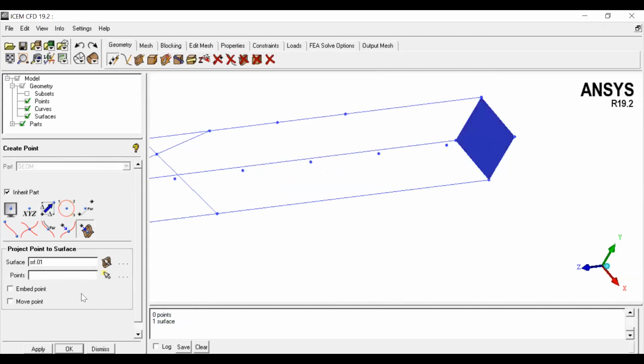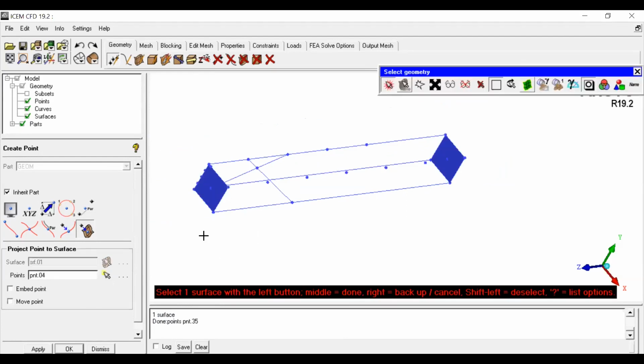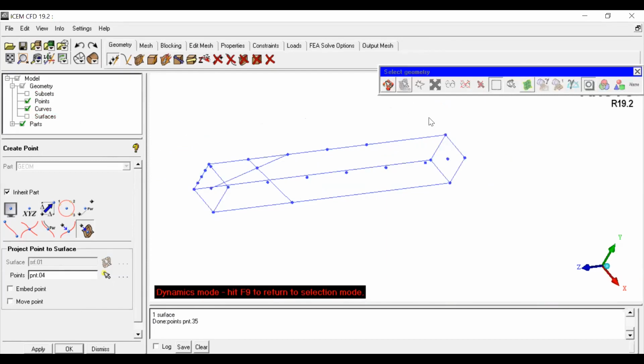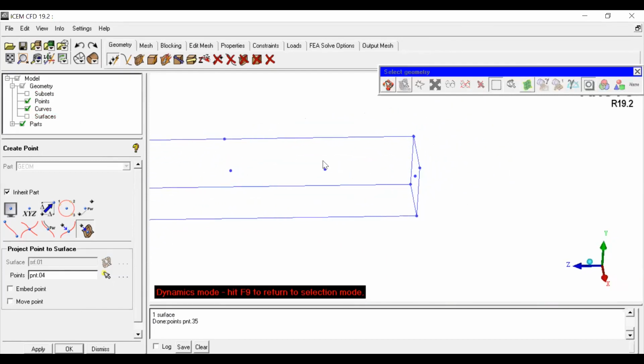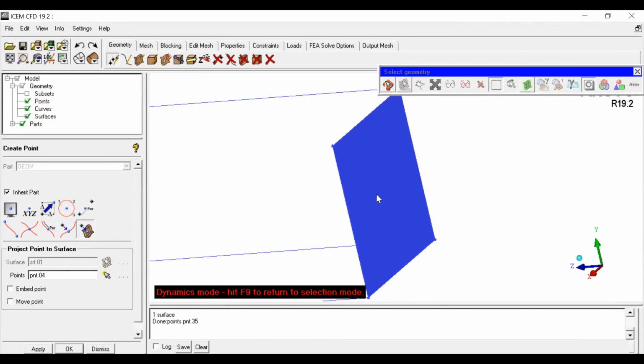So the surface is selected, and it will ask you to select a point. I want to select this point. It is highlighted, middle button, and that point is successfully projected on the surface. Earlier it was not there. Now you can see the surface receives that point.